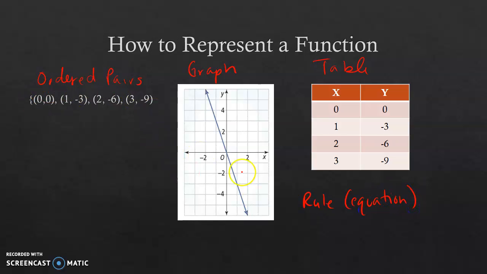And so for all of these go together, and their equation would be that y equals negative 3x, because 1 times negative 3 is negative 3, negative 3 times 2 is negative 6, right? And so we can use that equation to make a table, a graph, or ordered pairs. All right, so